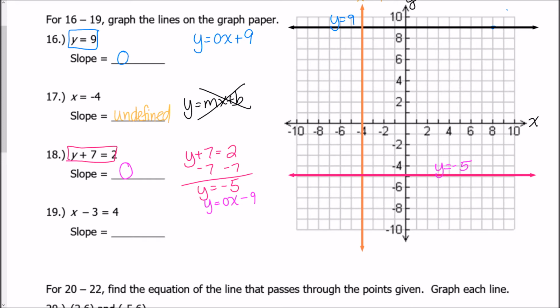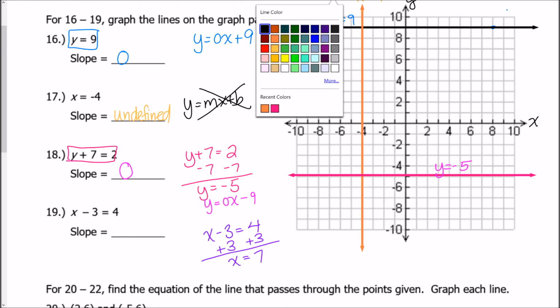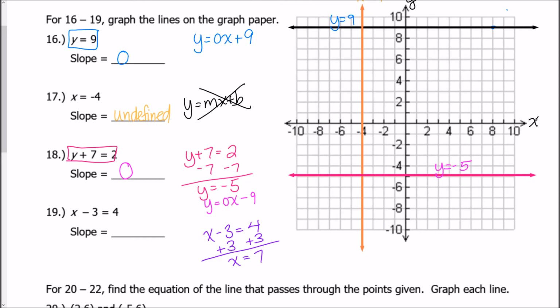Okay? And then for my last example here, I have x minus 3 equals 4. I don't have a y variable to isolate, so I'm just going to isolate the only variable I see, which is x. So I'm going to add 3 to both sides, and I get x equals 7. So what that means is I'm going to graph a line through x equals 7 right here. Make sure it goes through the x-axis. So at x equals 7, this is what my line is going to look like right here. I'm going to write the equation on my line, x equals 7. And because it's a vertical line, my slope is also